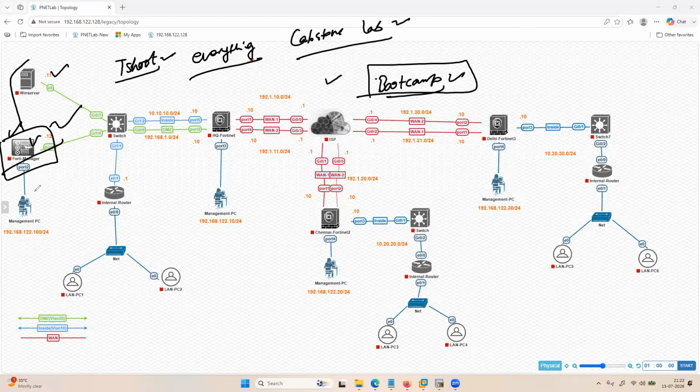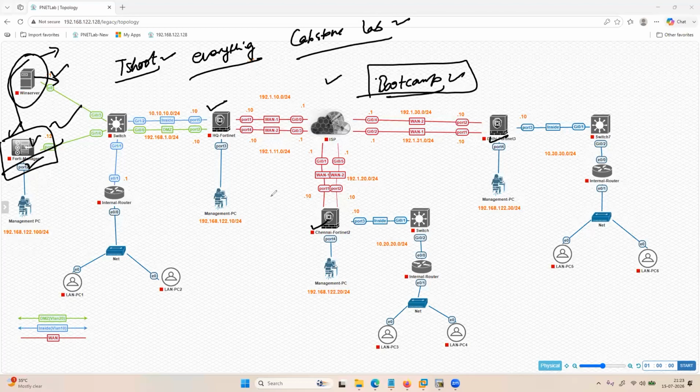That is here. You are seeing here Windows Server. That Windows Server you will get a chance to configure from scratch, like AD installation, DNS installation, and DHCP server installation. Apart from that, CA server installation, where you will take a certificate from this CA server and install it on this